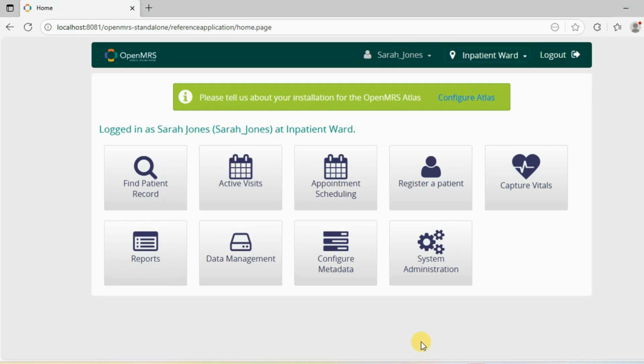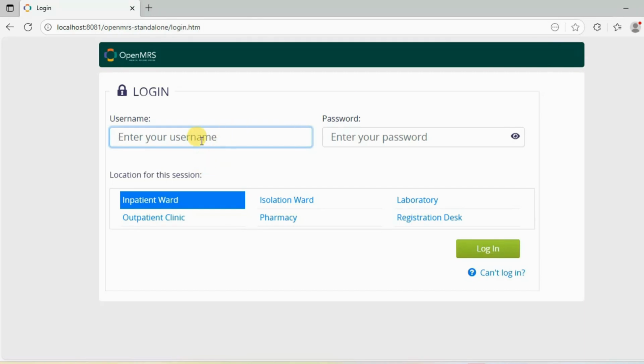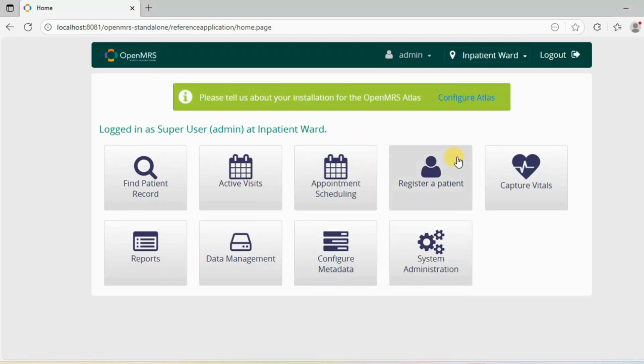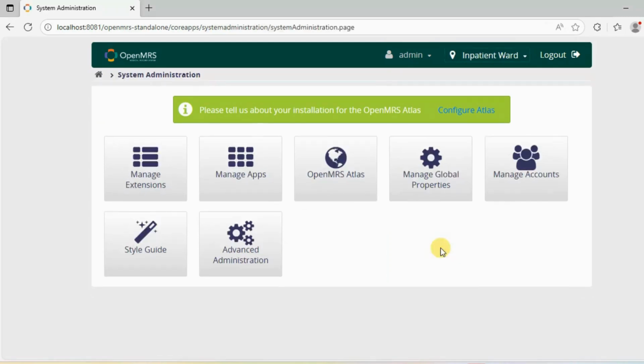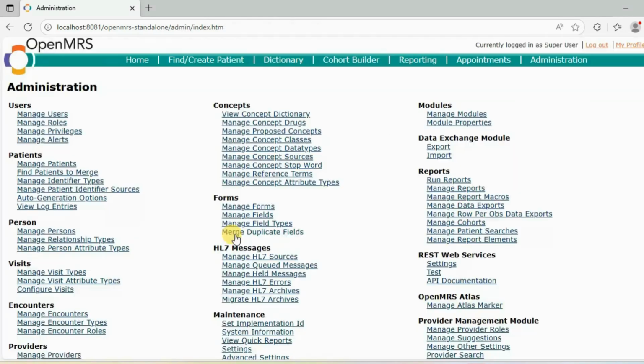Alright, so what if, for example, you want to remove Sarah? Let's see how you can do this. So you can log out and log in as admin. So admin123. Okay, so you go back to System Administration and then you press on Advanced Administration. You go to Manage Users